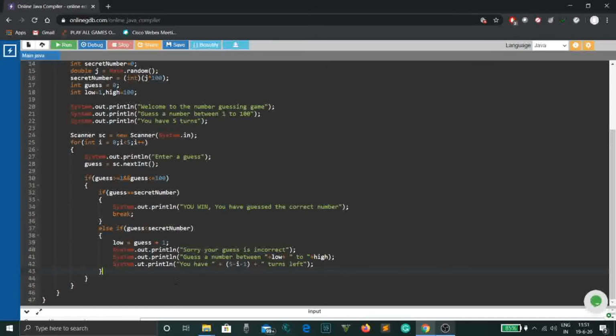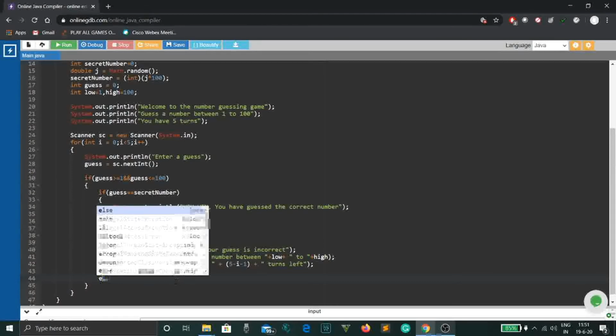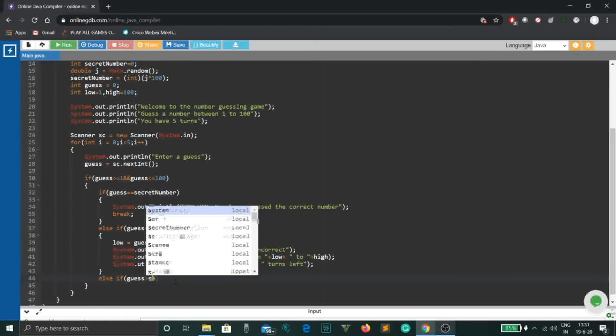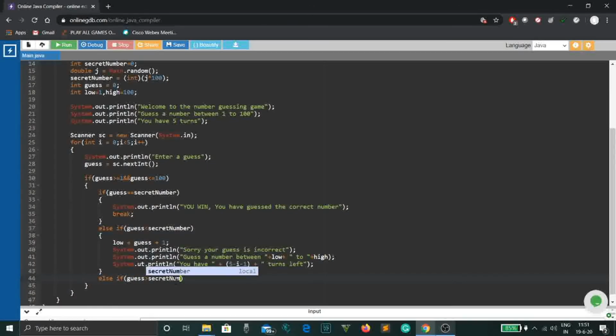So outside the scope we again write else if guess is greater than secret number. And we open a scope again. Here we'll have to update the value of our higher bound or the upper bound.